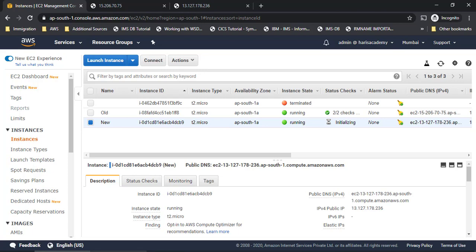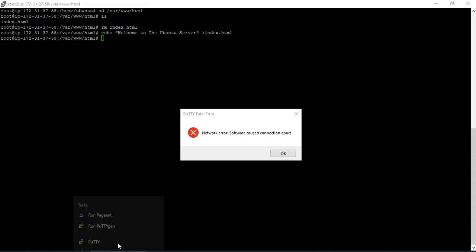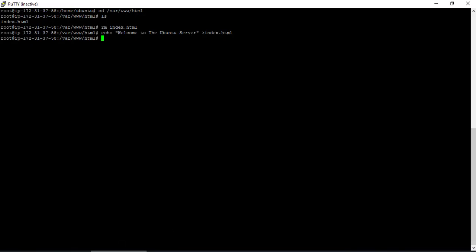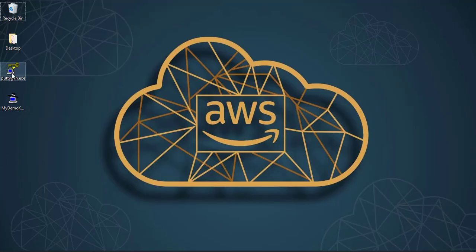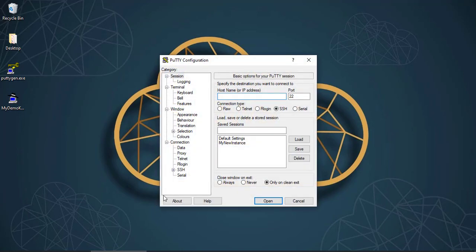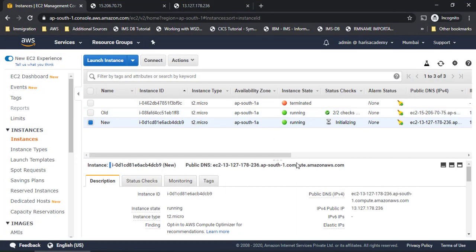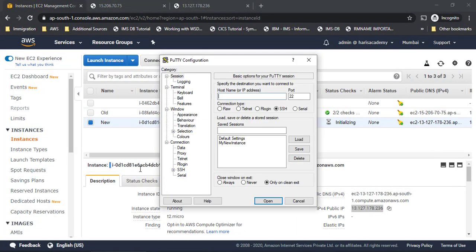I'll still try to open a new PuTTY also and see if it is the same thing here also, right? It is already verified, but I'm just doing a double verification. Let me open it here. Okay, what is this IP address? I'll copy this.